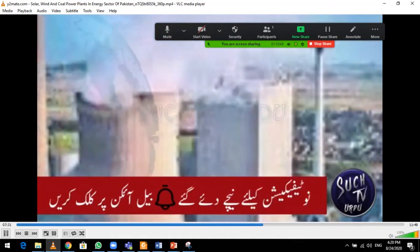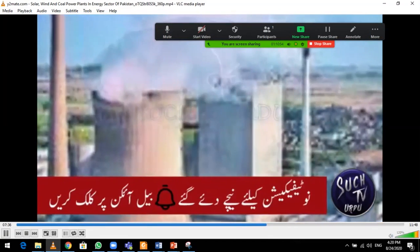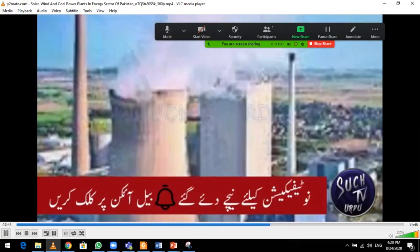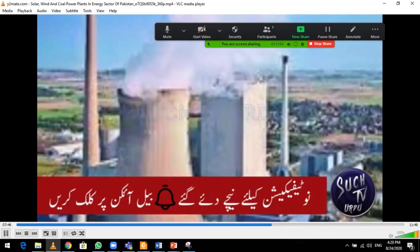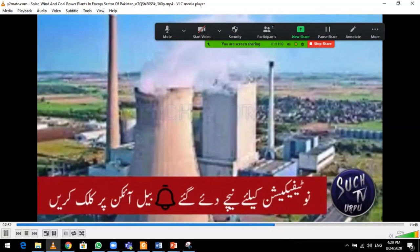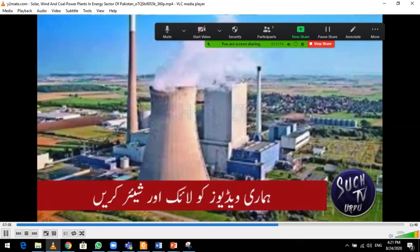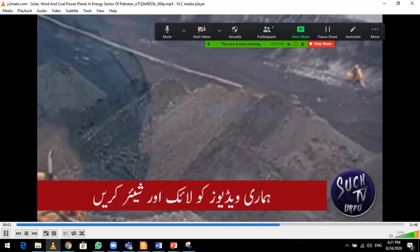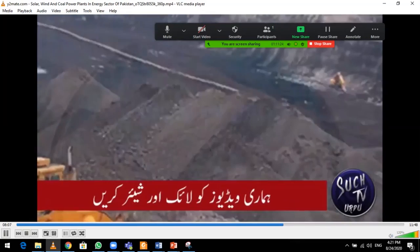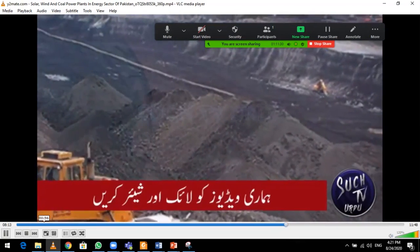अभी हम दुनिया के साथ चल रहे हैं, भले छोटे लेवल पर, क्योंकि अभी हमने स्टार्ट किया है। लेकिन आप ये देखें कि मैंने आपको टोटल 9 प्लांट्स बताए हैं जो बिजली जनरेट कर रहे हैं, जो हमने ये चाइना पाकिस्तान इकोनॉमिक कॉरिडोर के जरिए ये प्रोजेक्ट शुरू किए थे और जो कंप्लीट हो चुके हैं और बिजली जनरेट कर रहे हैं। इसमें खास बात यह है कि इन 9 में से आप देखें तो पहले 4 पावर प्लांट जो हैं वो कोयले से बिजली बना रहे हैं, जो कि एक बहुत बड़ी डेवलपमेंट है। पाकिस्तान में इतना कोयला है। हम बचपन से सुन रहे थे कि इस पर काम होगा और हमारी तकदीर बदल जाएगी, लेकिन नहीं हो रहा था। अब शुरू हो चुका है और इसमें इंतहाई अहम है थर्मल पावर प्लांट।